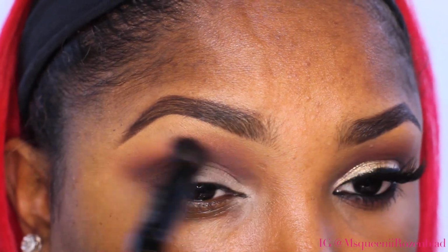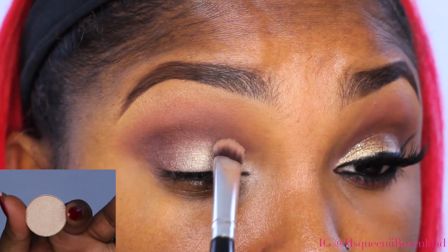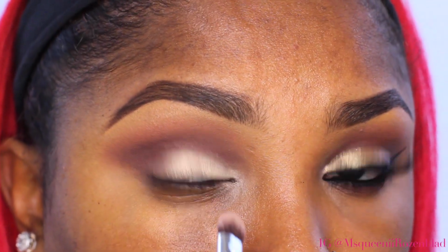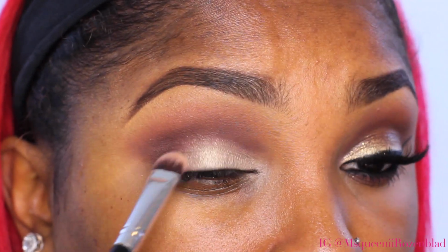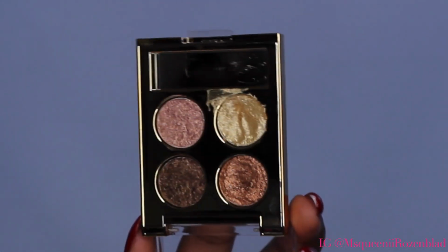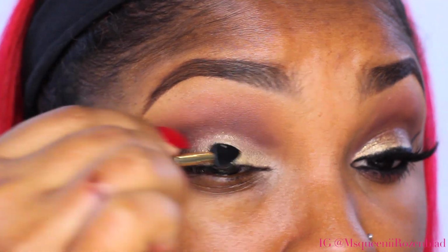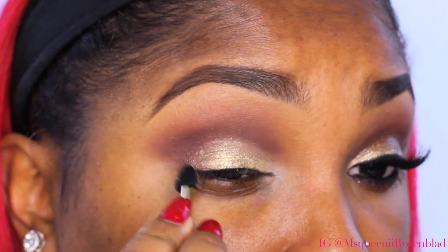Alright, now I'm going to go back in with that dome buffing brush from Sonia Kashuk. I'm just going to blend out my transition area, and then on the lid I'm applying this shadow from Coastal Scents. It's called Flesh Tone, just to give my next product a base to sit on. And then now I'm going to be using these Fierce Foil eyeshadow quads from Milani Cosmetics. I'm going to use the applicator and apply this close to the lash line like it instructs on the palette,